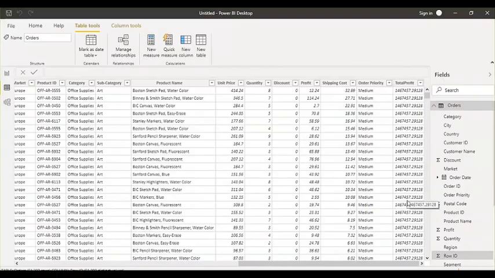Why? Because this is a row context. It calculated the sum of all those records and then populated the same value for all the records. So creating a column for such a calculation is not a good approach. Then what you can do is create a measure for it.